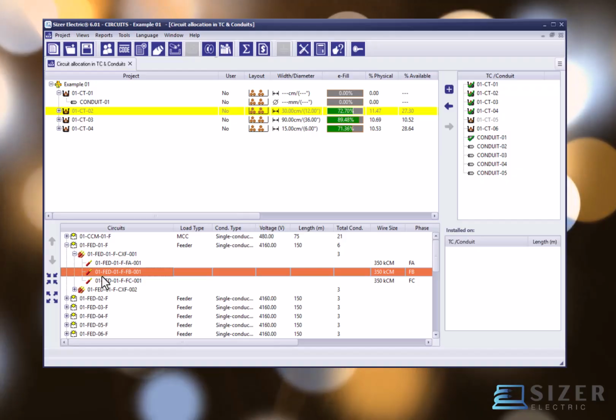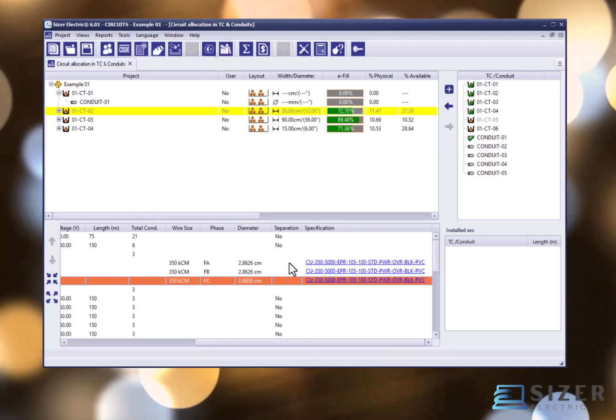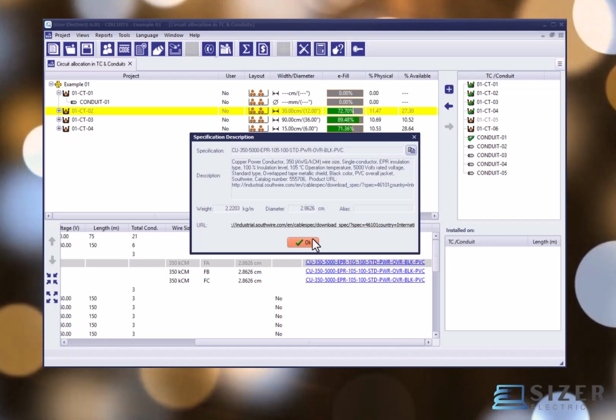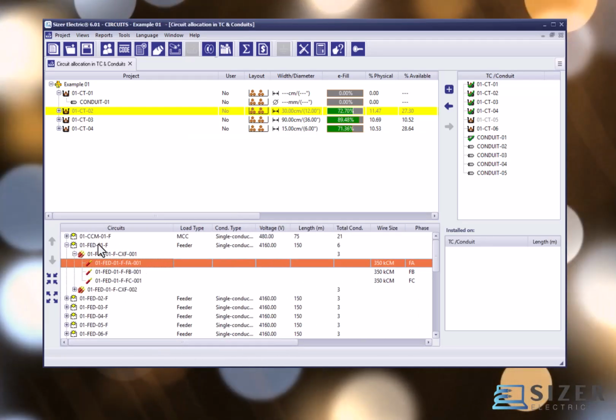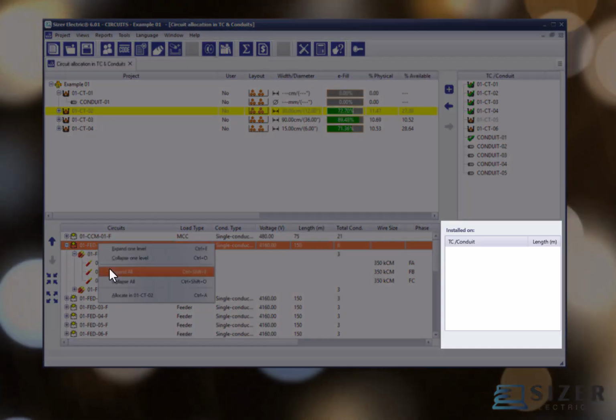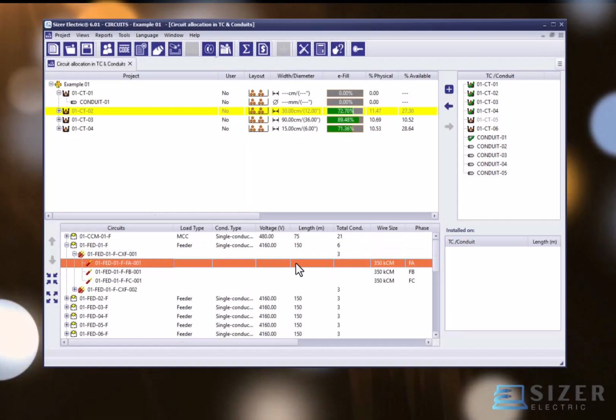The table also shows the conductor size, phase identification, diameter, and a hyperlink that displays the conductor description. This section includes a context menu for circuit management, accessed by right-clicking. Installed in Area. The Installed in Area lists all trays or conduits through which the conductors of the selected circuits